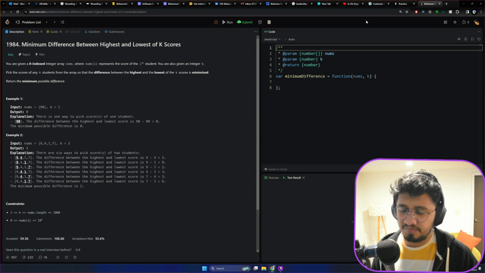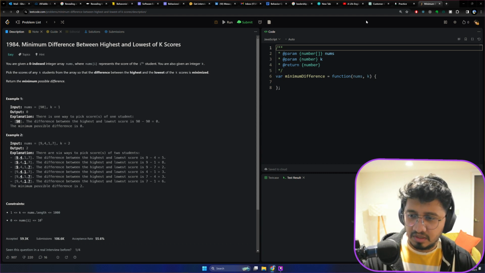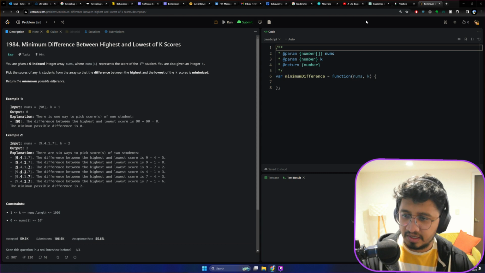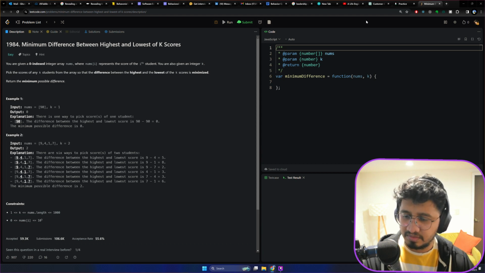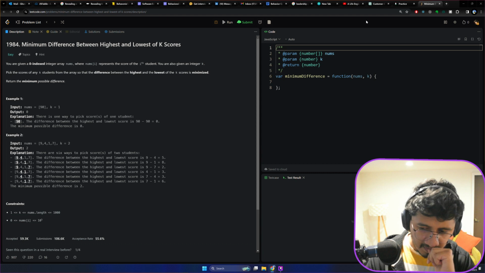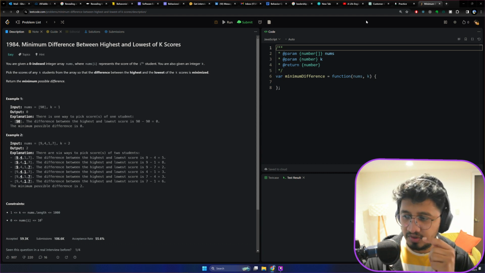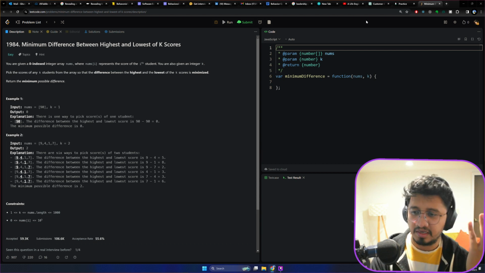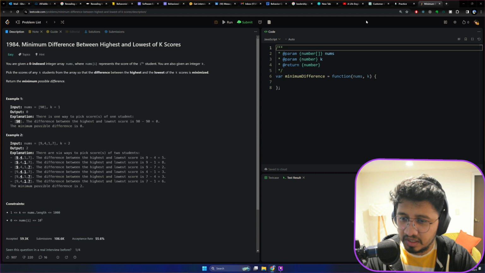Whatever, if k is equal to 3, I have to consider that. How will I do that? K is equal to 2 is given, and if in case this k was equal to 3,